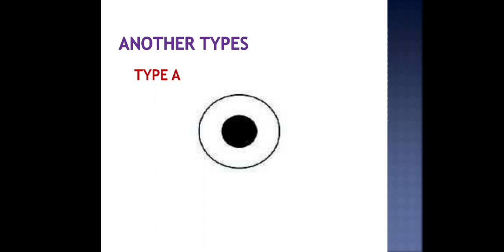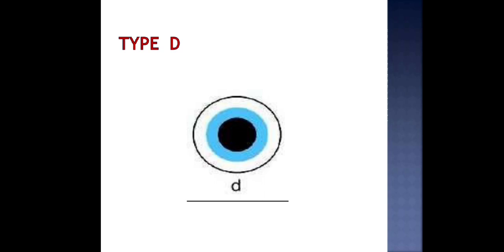As you can see, type A has a center black pupil, but the iris color is totally absent, or you can say it is a transparent type of lens in the periphery. Type B has a center portion that is almost black or blue in color. Type C has a white center and the periphery is the iris. Type D has both iris color and a black center.